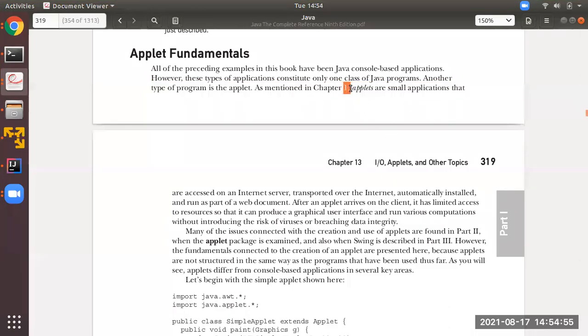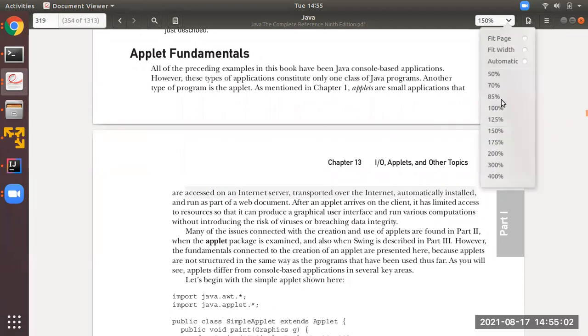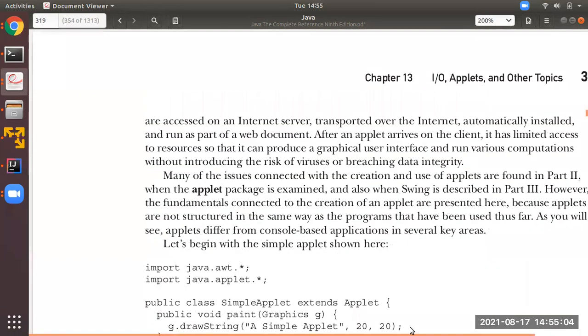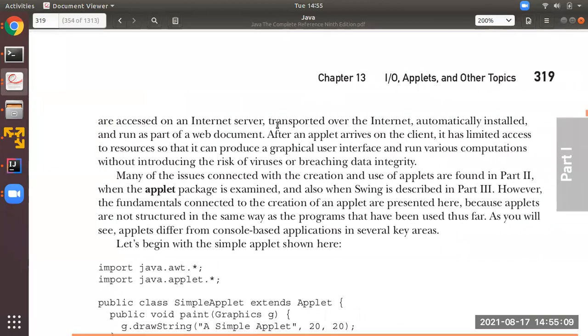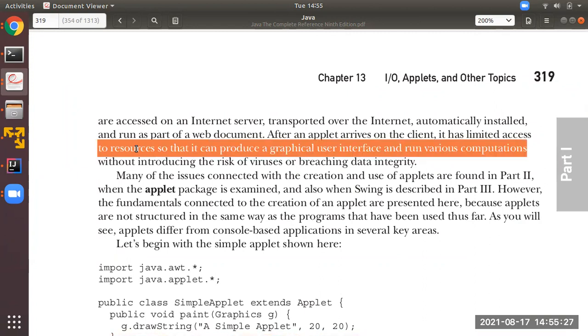Applet fundamentals. As mentioned in chapter 1, applets are small applications that are accessed on an internet server, transported over the internet, and automatically installed and run as part of a web document. Remember, you can transfer these applets to other systems with the help of the internet. After an applet arrives on the client, it has limited access to resources so that it can produce the